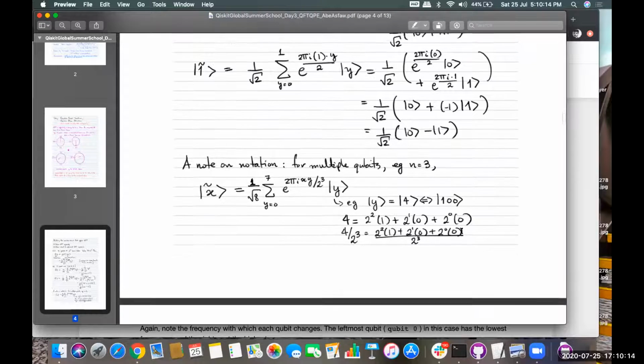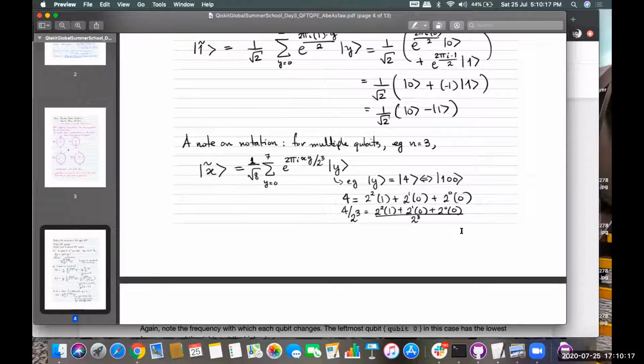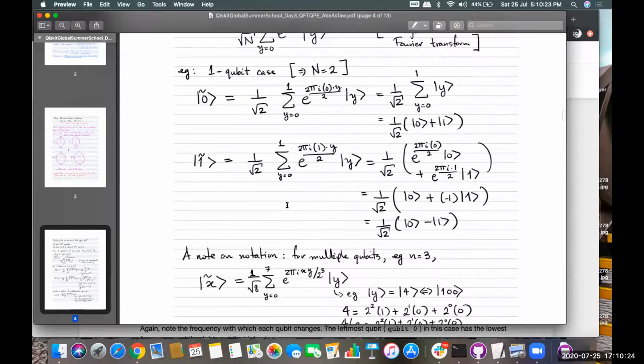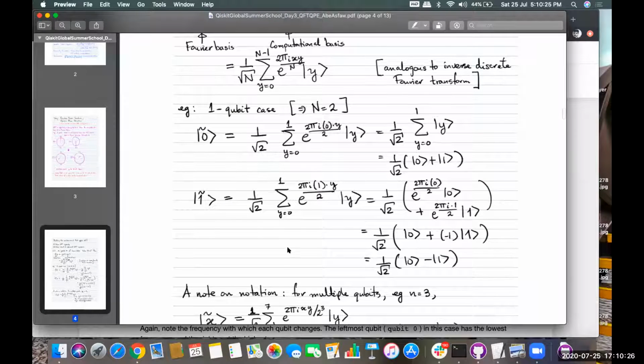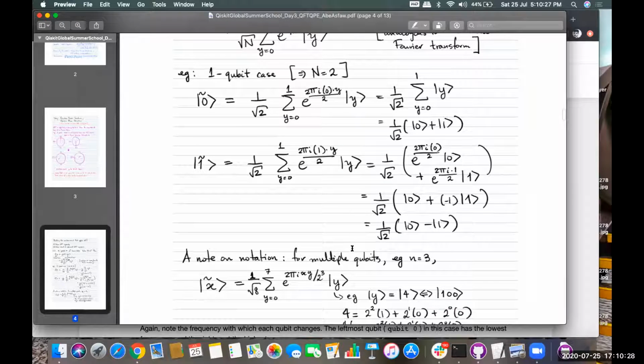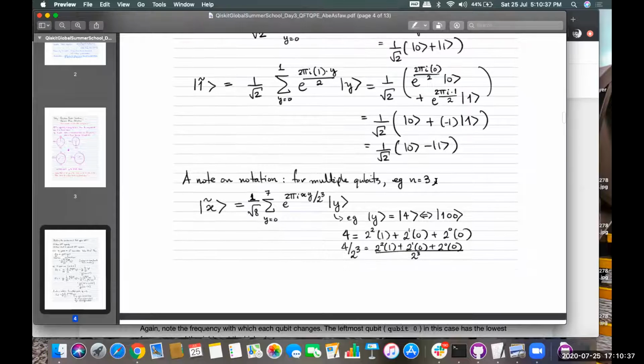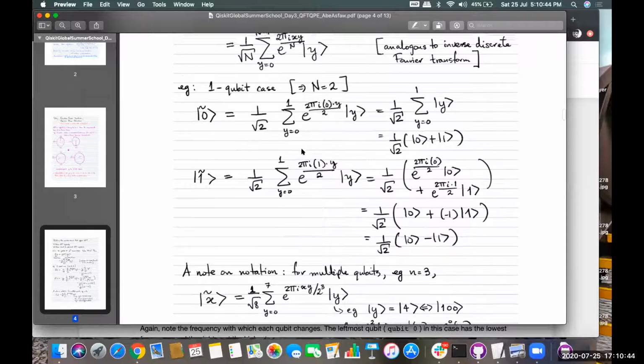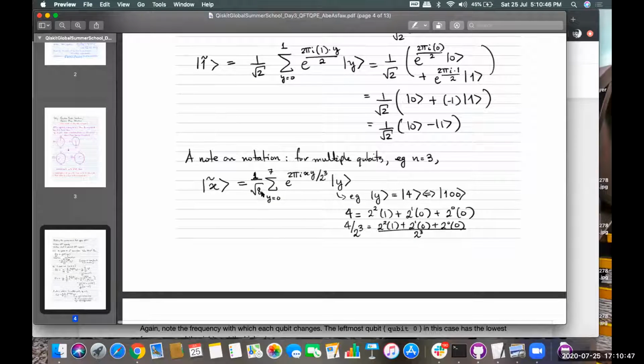Now let's go further and increase the number of qubits to see what is exactly happening here. The number of transformations happening here is given by 2 to the power n. Suppose we have 2 qubits, we can have the states 00, 01, 10 and 11. Similarly, when n is equal to 3, the number of states will be 8.